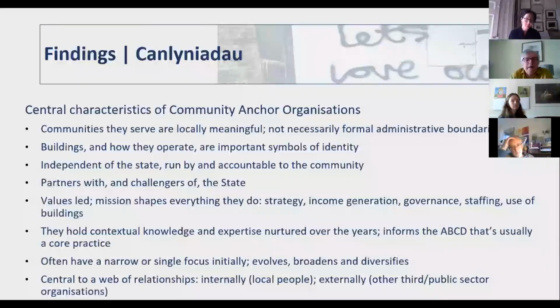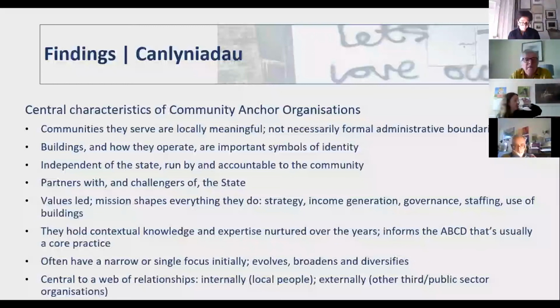And what is absolutely key here as well is they're central to a web of relationships, both internally between local people as individuals, between local groups, but also externally. And these things go from left to right, top to bottom. They span hierarchies, they cross sectors, and all of the messiness again comes back to that messy sort of incoherence, the awkward elbows that a less idealistic interpretation and conception of community has.